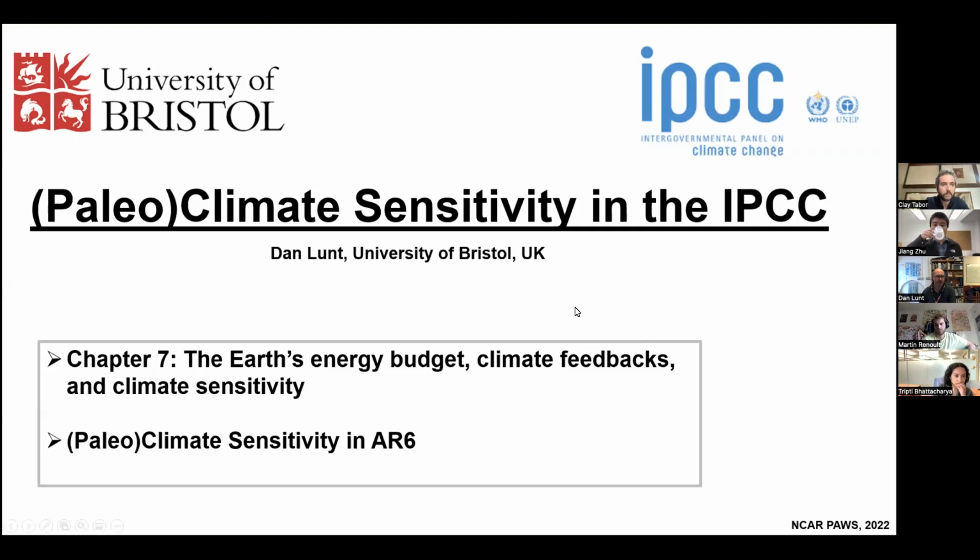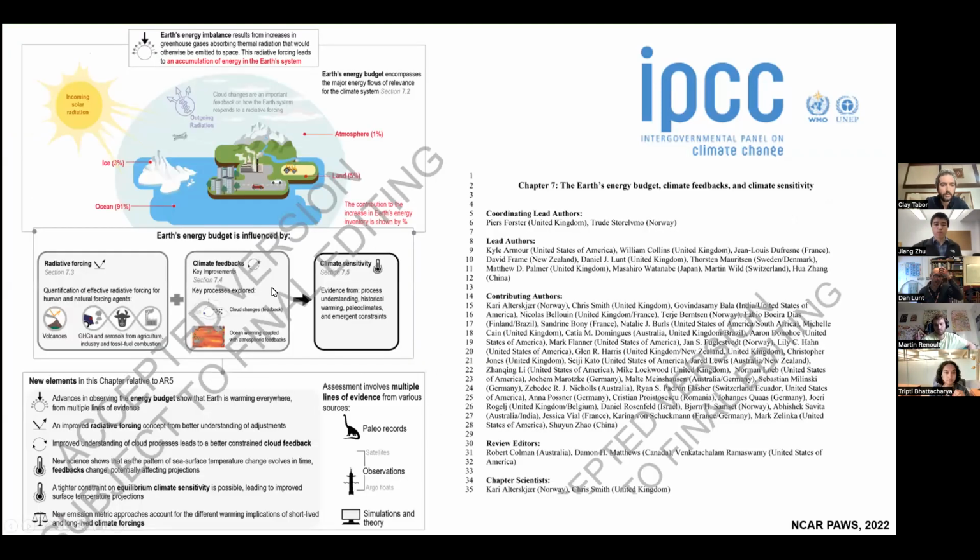So, just to kick off with a very brief intro, this is our chapter 7, the Earth's energy budget, climate feedbacks and climate sensitivity. To give a bit more of a broad overview of the whole chapter and the things that are covered in there, I think these new elements listed down here are quite useful. Basically, a large part of the chapter was trying to close the energy budget, really looking at the amount of energy coming in at the top of the atmosphere and going out, and how that's changed